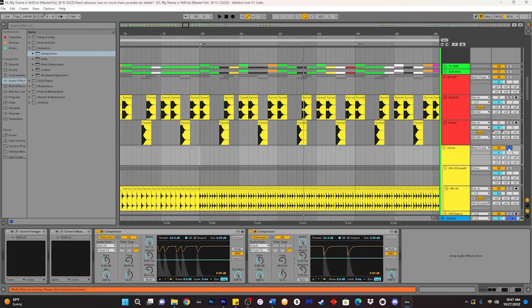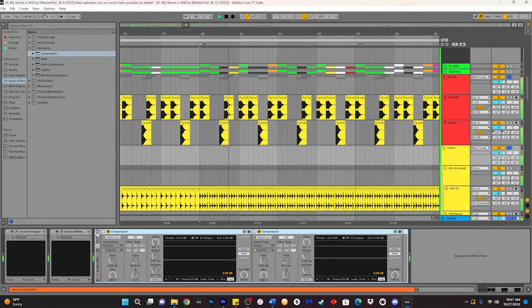Now we should hear the hi-hat ducking for both the kick and the snare. Now this is before, and now this is after. While the effect is just slight and minimal, you can hear that it sounds a lot cleaner and more tightened